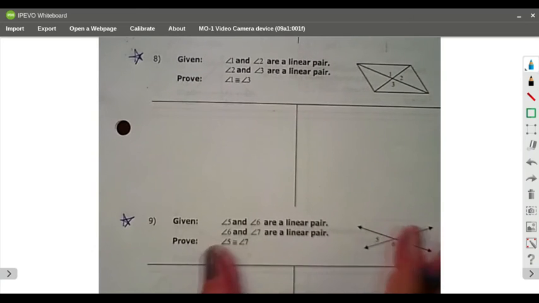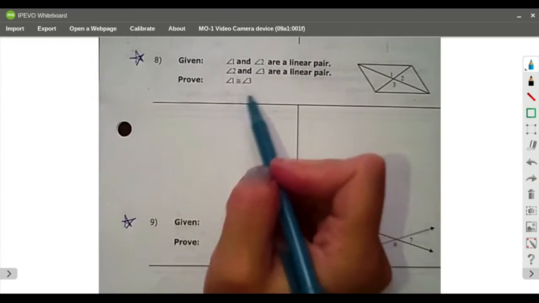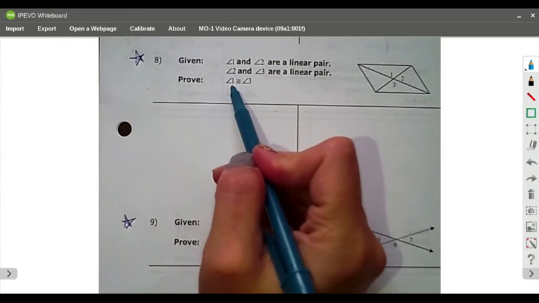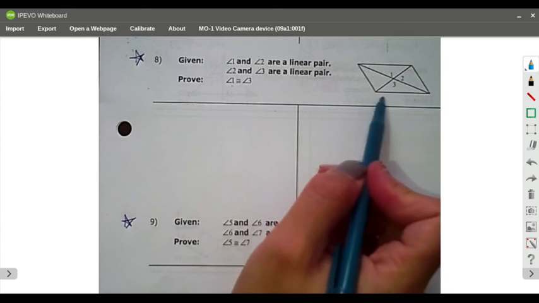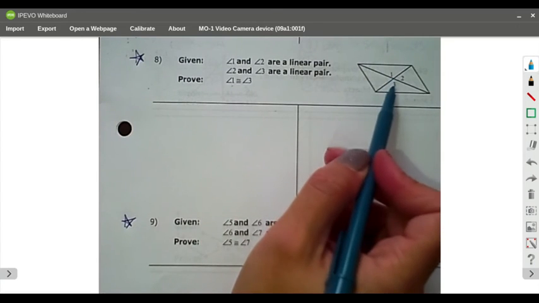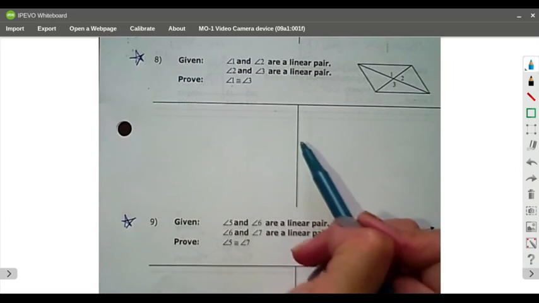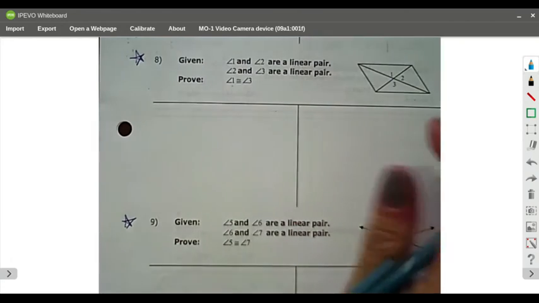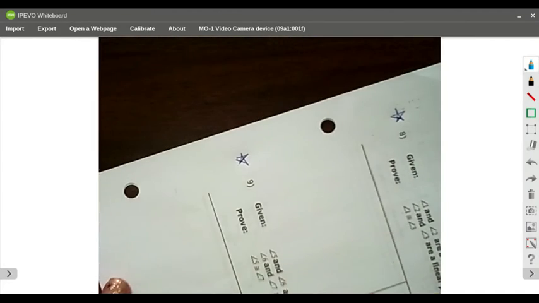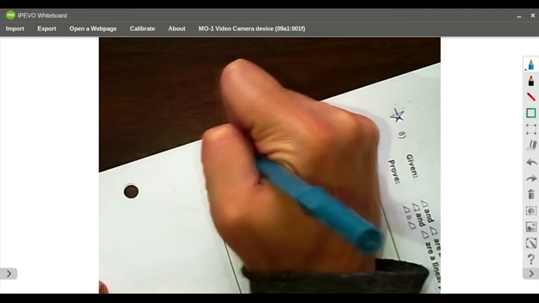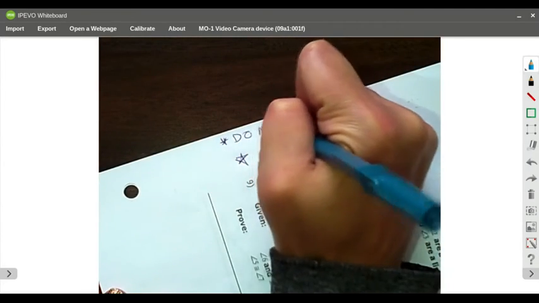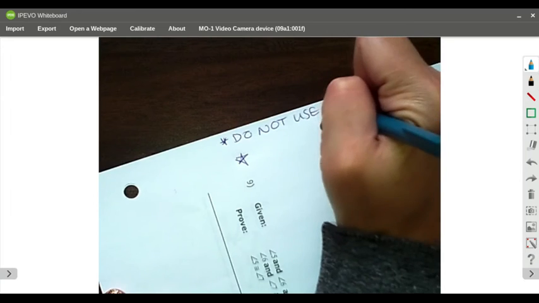I just want you to know for 8 and 9, if you notice, it says prove 1 is congruent to 3. 1 and 3 are vertical. You cannot just do vertical angles theorem and call it a day. So for 8 and 9, you cannot use vertical angles theorem. So I'm going to write a little note here. Do not use vertical